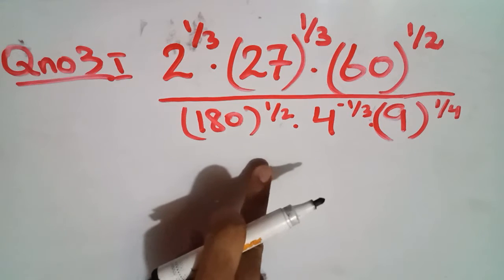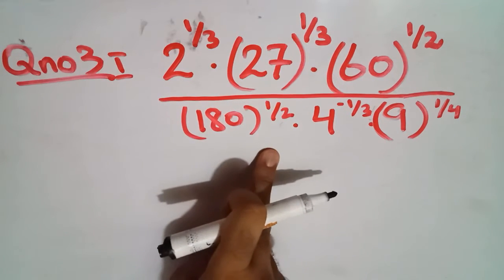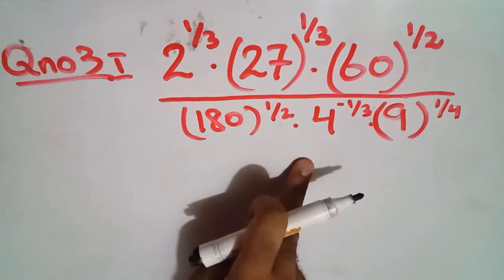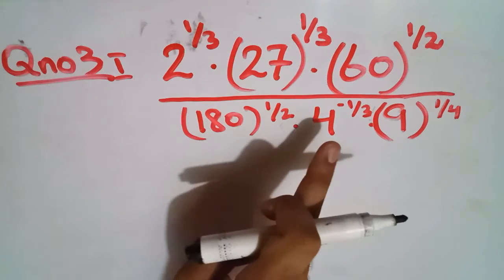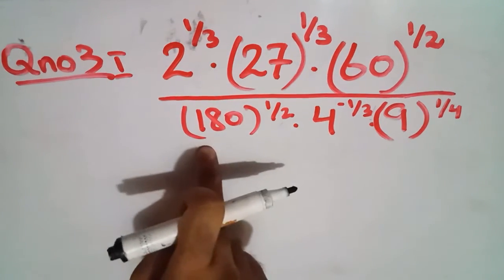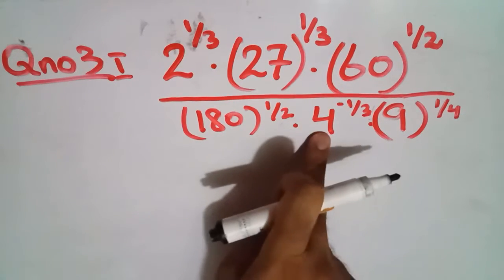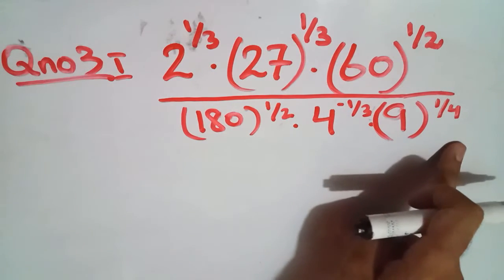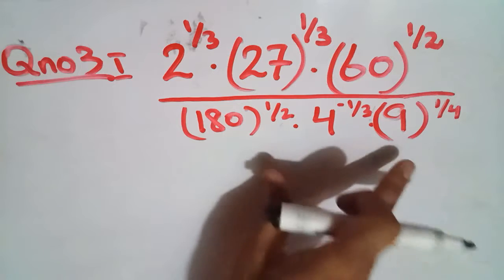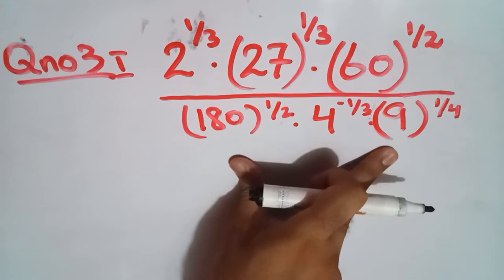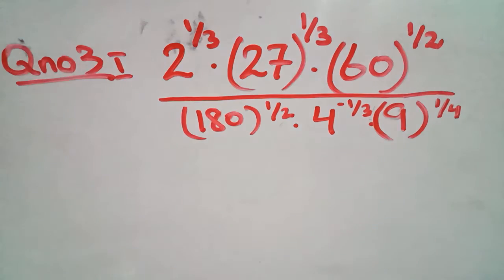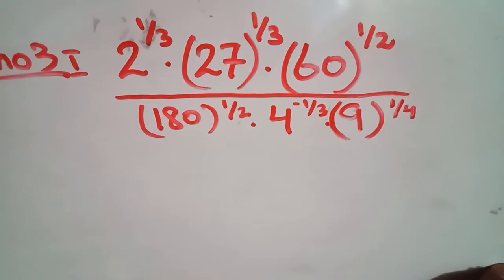Okay, first of all you will see that there are numbers of different powers: 2 raised to power 1 by 3, 27 raised to power 1 by 3, 60 raised to power 1 by 2, 180 raised to power 1 by 2, 4 raised to power 1 by 3, and 9 raised to power 1 by 4. Here we have different numbers with different powers. So first of all we will simplify it. How will we simplify it? I will simplify it by